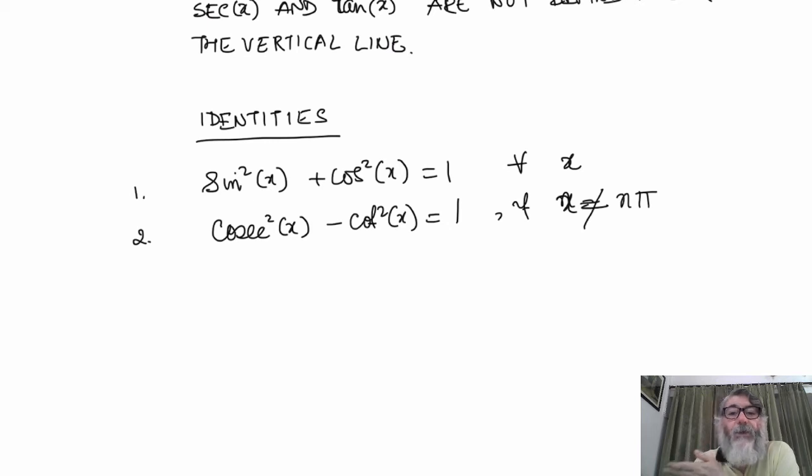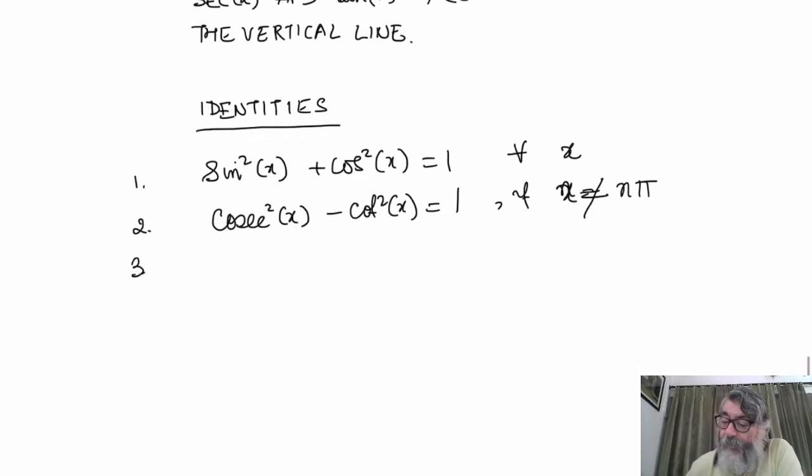So the left hand side will not be equal to the right hand side, because the left hand side will come 0 and the right hand side will come 1. How will it be possible? Till now it was alright. In 10th standard we were always writing cosec square theta minus cot square theta is 1. But in this case, if x becomes equal to n pi, then it is not defined; it is only defined when x is not equal to n pi.